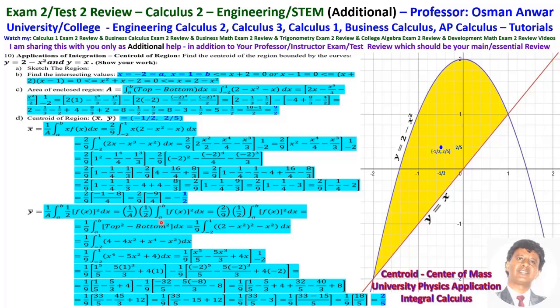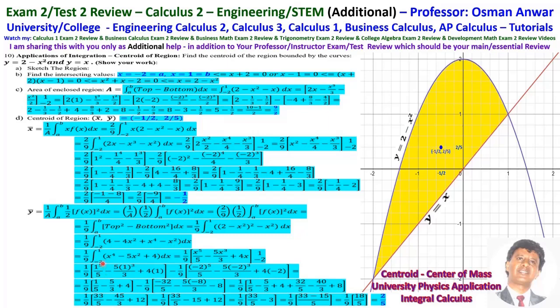F of x squared is the top curve squared minus the bottom curve squared, which is 1 over 9 from minus 2 to 1, where the top curve is 2 minus x squared, all squared, minus x squared dx, which is 1 over 9 from minus 2 to 1. This is 4 minus 4x squared plus x to the 4 minus x squared dx,